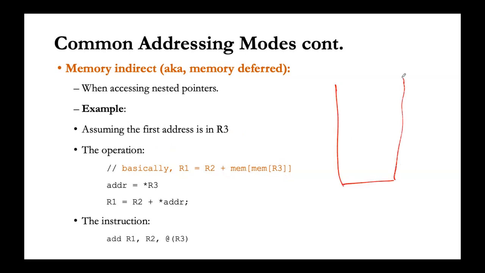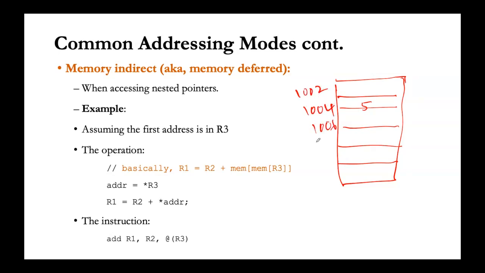For example, in this RAM, as we saw in previous cases too, if the operand is in this location, the addresses are given as 1002, 1004, 1006, 1008, 1010, 1012, suppose. Then if the base address is 1010, it holds the address